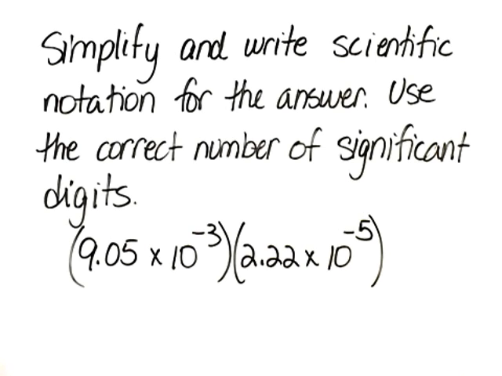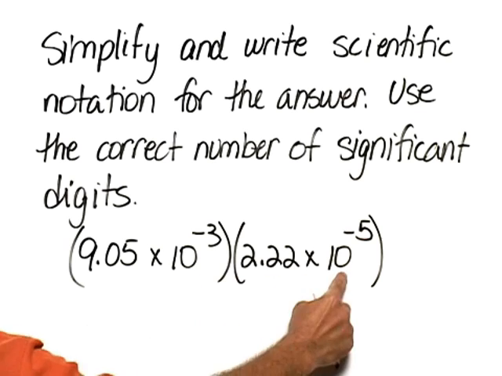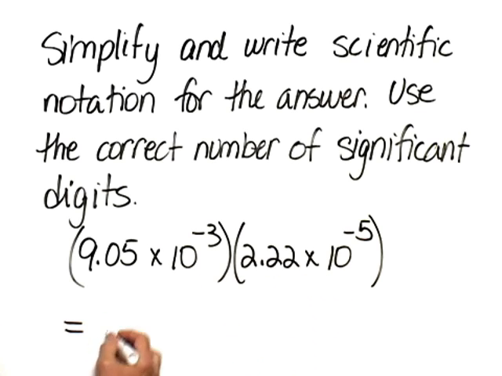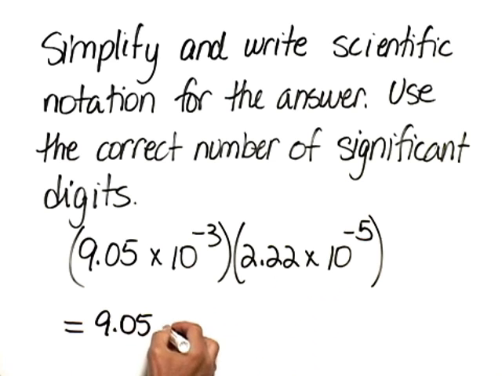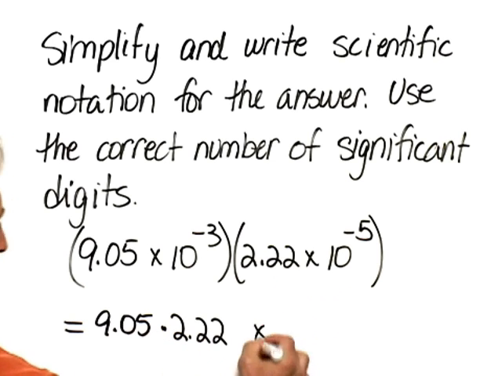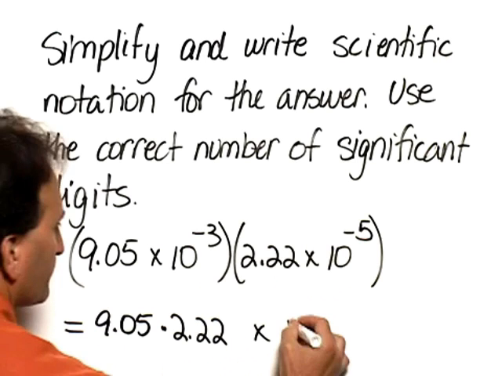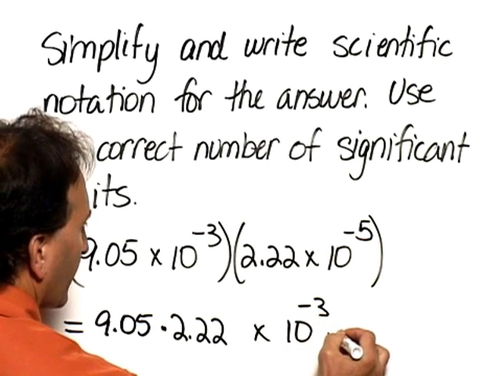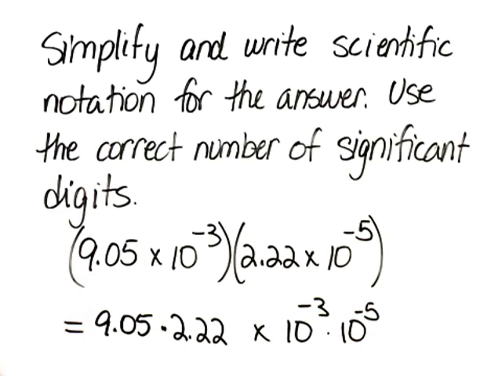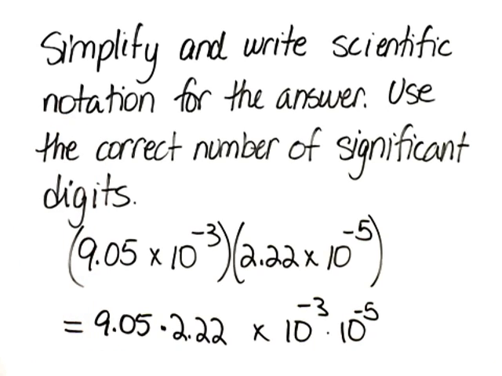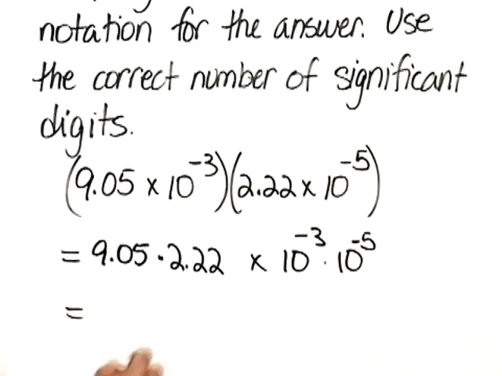To multiply in scientific notation, we multiply those numbers between 1 and 10 together, and then we multiply the powers of 10 together. So we have 9.05 times 2.22. That's going to be multiplied by 10 to the negative 3 times 10 to the negative 5. Multiplying these two numbers together, we'll get